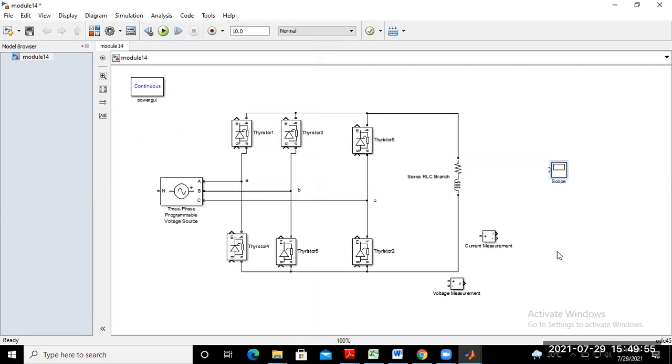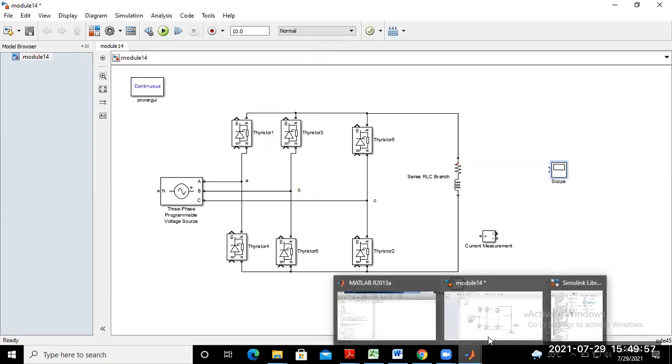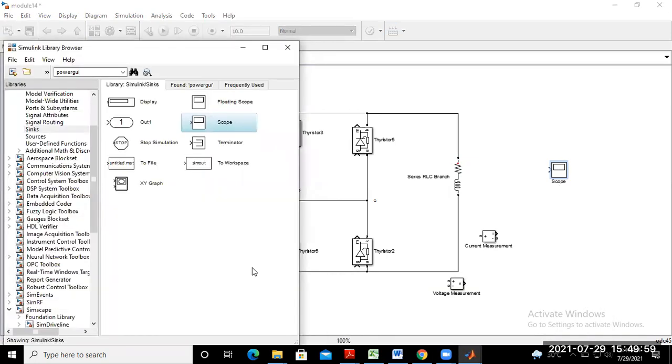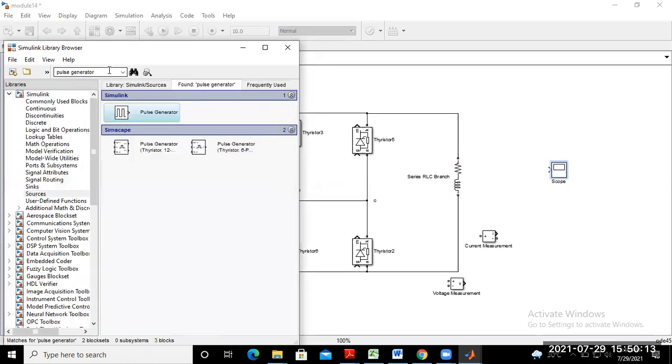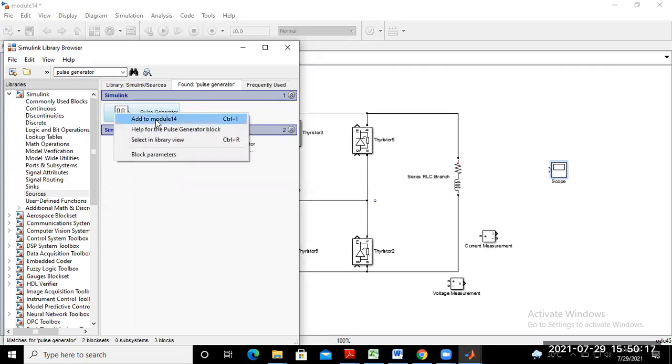Next, a pulse generator is required. Again go to the library and type here pulse generator. Okay, this pulse generator, drag it again to model number 14.